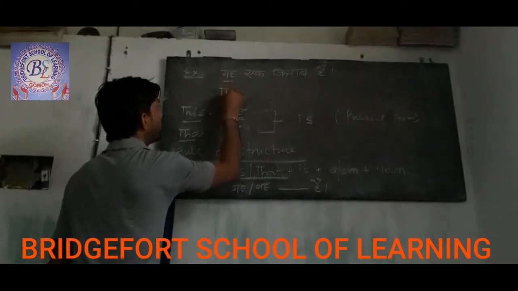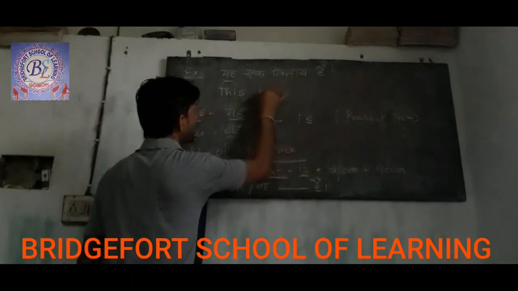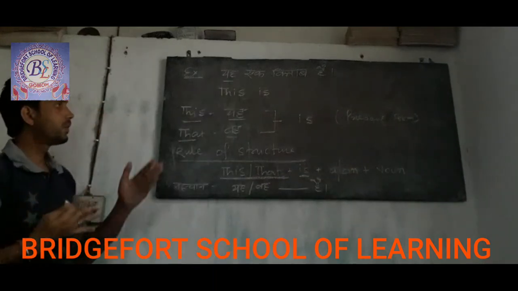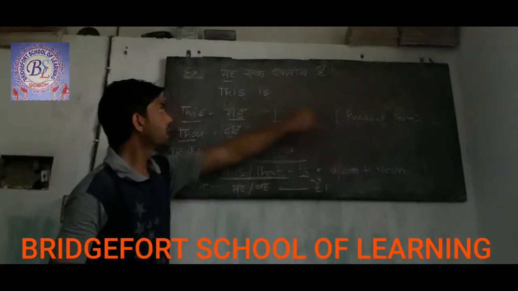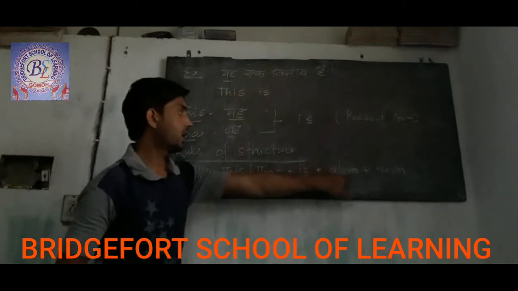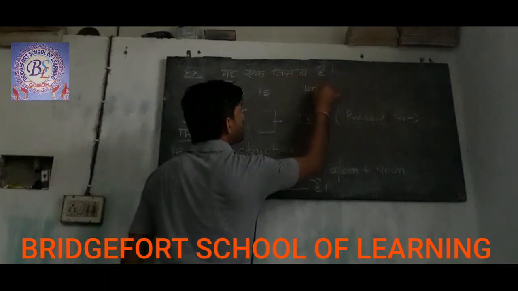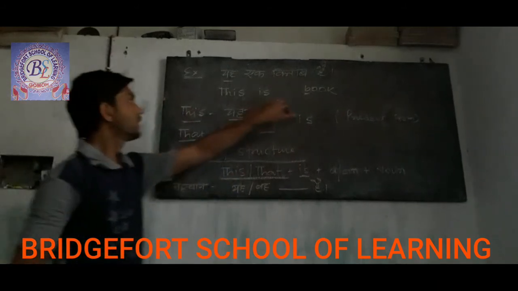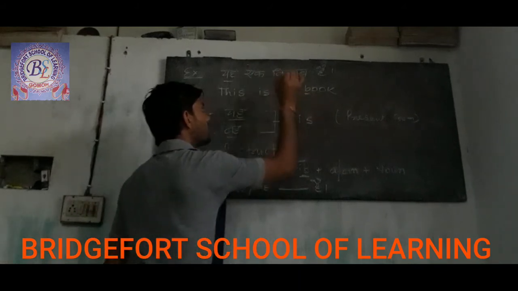So we will write this. Next is. So we will write here is. We have to choose A or AN. When any word is starting with the help of a consonant, we have to use A. And if any word starts with the help of a vowel, we will have to use AN. So book is the word, B-O-O-K, book. Book is the word whose sound is starting with a consonant. That's why we just use A.